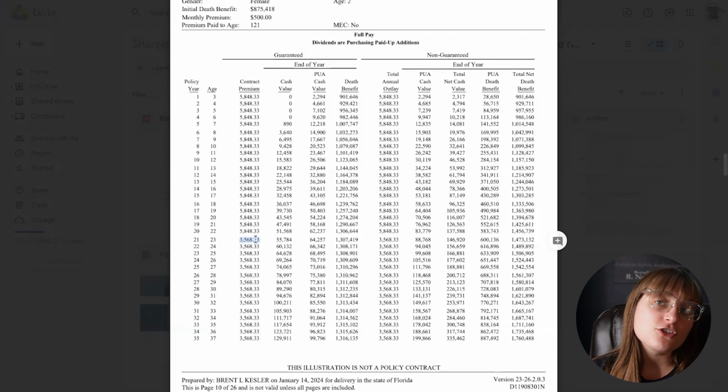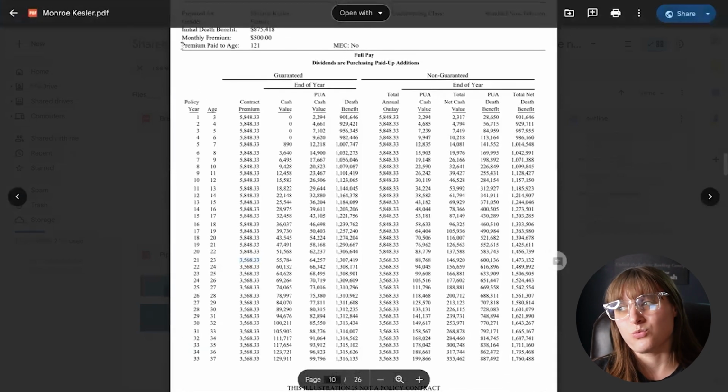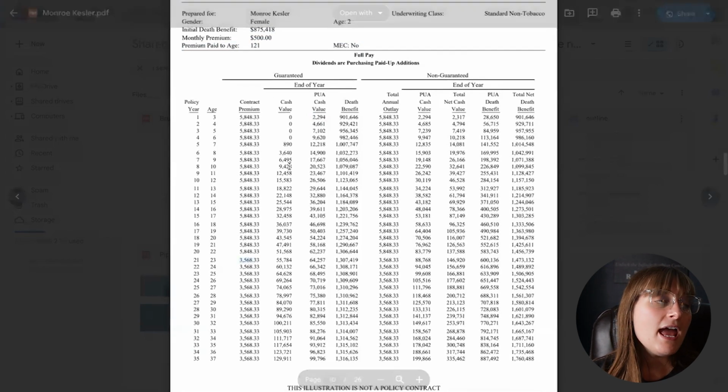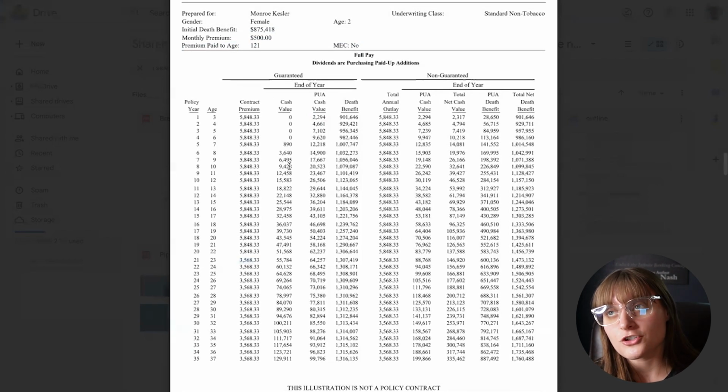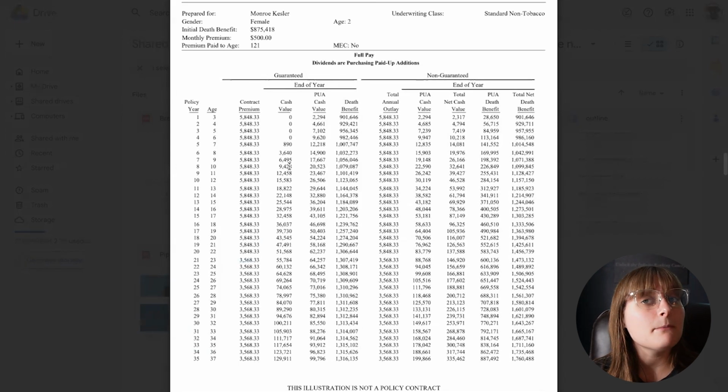So another thing some people will ask me is, well, Hannah, I'm noticing here that premiums are paid to age 121. Do I really have to pay premiums until age 121? And my answer always back to y'all is, well, if I'm a good coach, you will quickly understand that you want to pay premiums for as long as you can and as much as you can. And here, take a look right here. This is exactly what I mean by it.